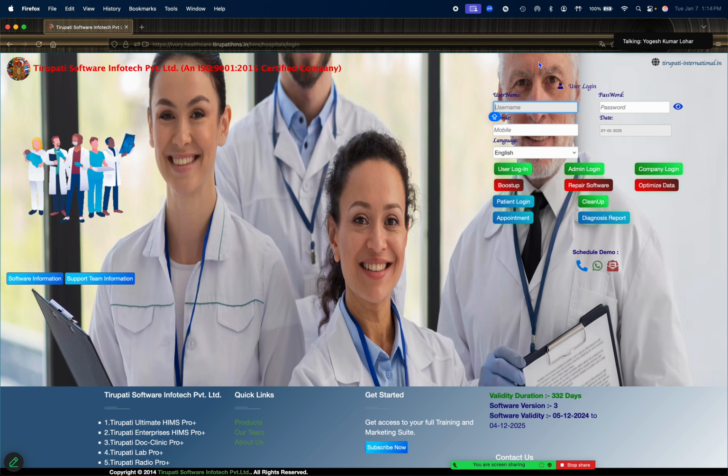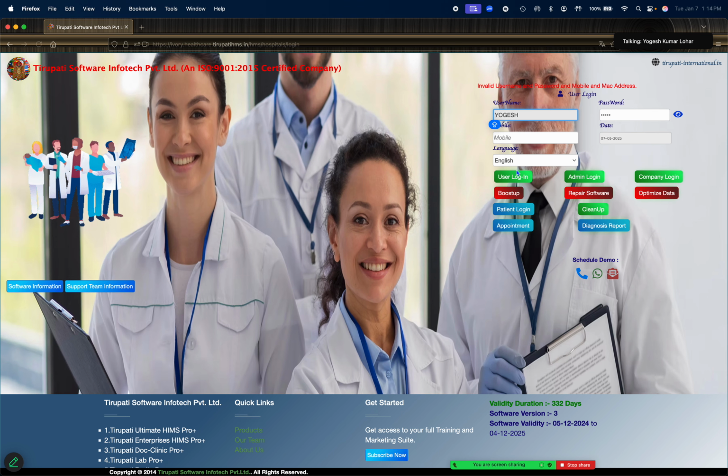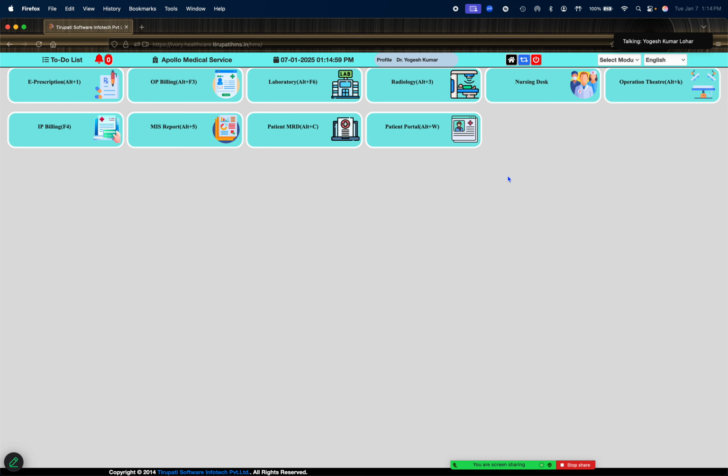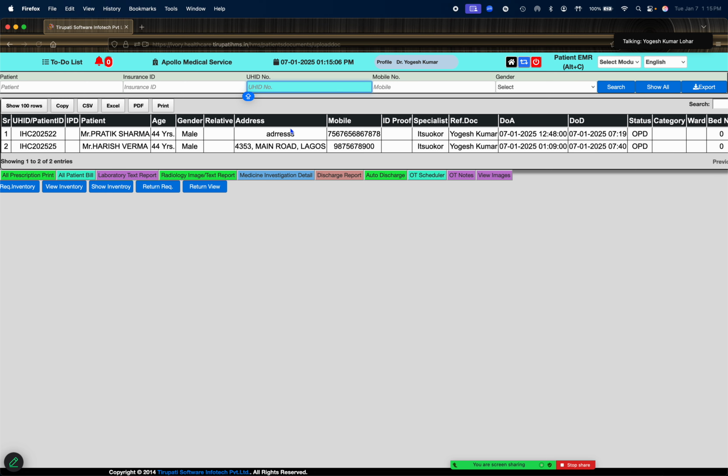the report. So we log in to the referral doctor's user ID here. Sorry, Yogesh, this ID and password. So we give selective modules to him as a doctor, and the doctor can go to the patient MRD section also, and you can see only two patients, for whom this doctor was used as the referral doctor's name. One is Pratik Kumar, another Harish Kumar. So he is authorized to see only both of these patients' reports, not all patients.